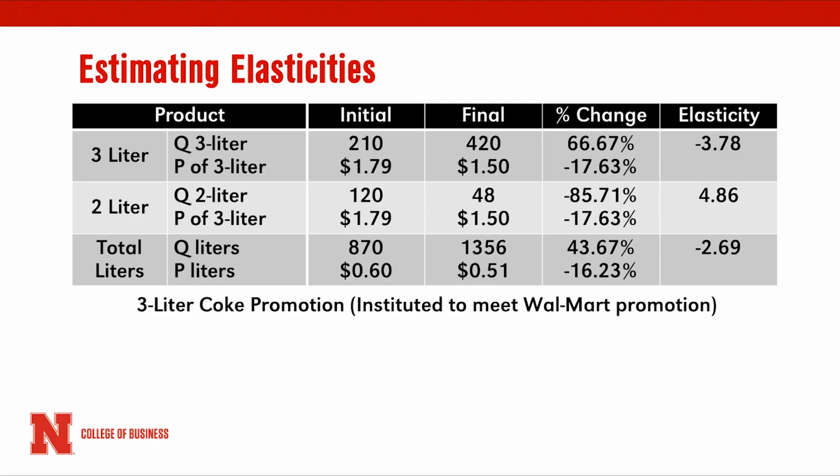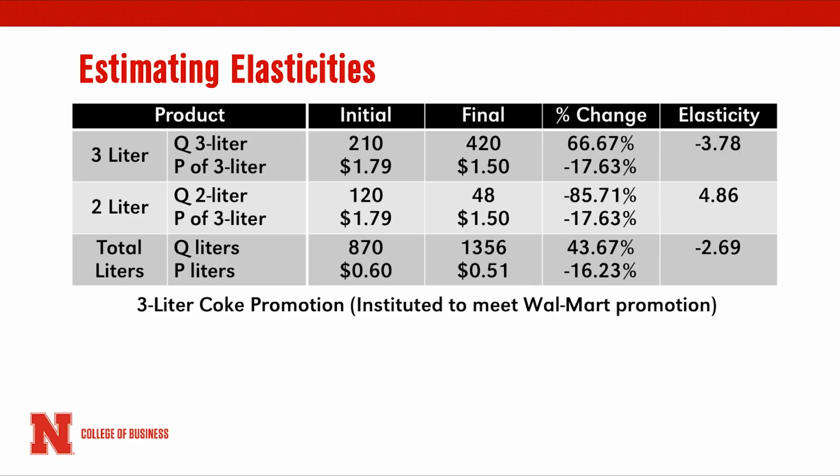The price dropped by 17.63%, and the implied elasticity estimate, which is equal to percentage change in quantity divided by percentage change in price, is equal to negative 3.78. What's also interesting, if we look at row 2, is the cross-price elasticity, the percentage change in the quantity for the 2-liter bottle relative to the percentage change in price for the 3-liter bottle. Both of those went down. So when Coke cut the price of the 3-liter bottle, it actually reduced the quantity demanded for